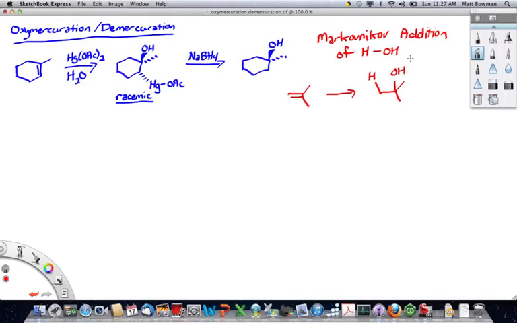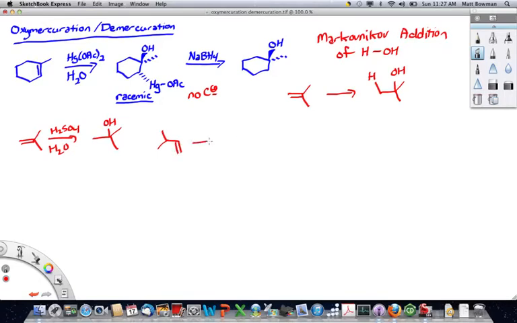Now, we've had Markovnikov additions before, such as with acid and water. What makes oxymercuration demercuration important is that it does not go through a carbocation, meaning the chances of rearrangement are severely diminished, such as if we were to add acid and water